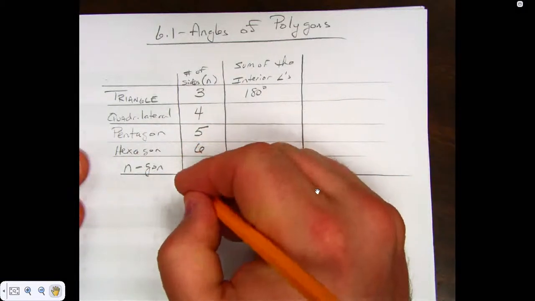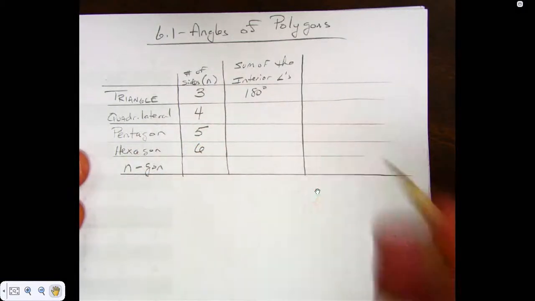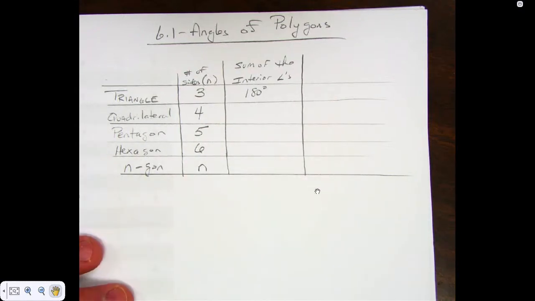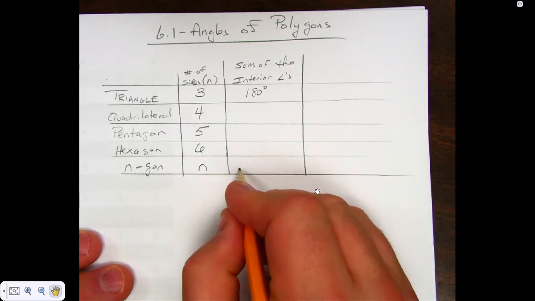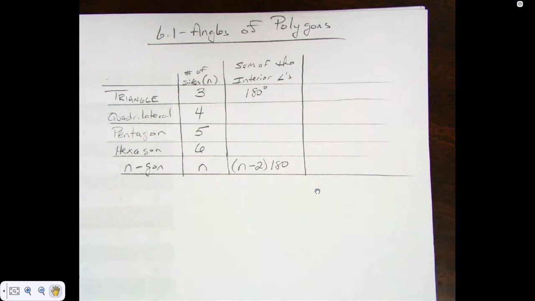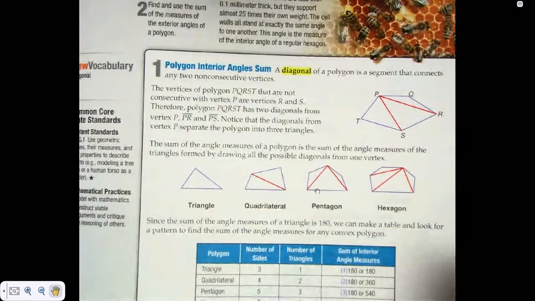Now, here's the deal. It has n number of sides. And it turns out that the sum of the interior angles will always be n minus 2 times 180. If you look in the book, this has to do with how many diagonals you can draw and therefore how many triangles are in it. By drawing the diagonals, if you look at these pictures they have right here,